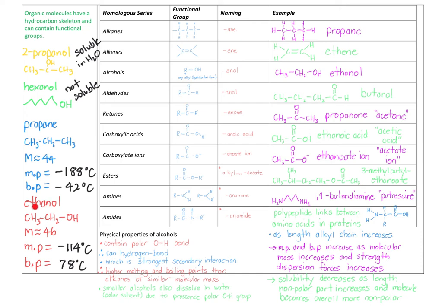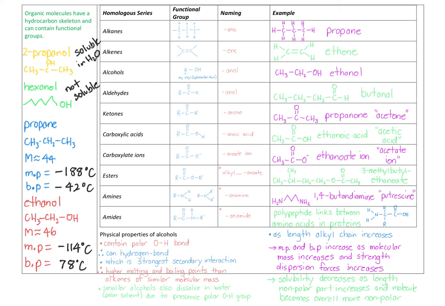I haven't got the data here, but if we compared ethanol with 2 carbons with hexanol with 6 carbons, hexanol will have a much higher melting and boiling point because the dispersion forces between the non-polar part of the chain will be much larger. There'll be basically the same amount of hydrogen bonding, so that will lead to it having a greater melting point and boiling point. However, as you increase this chain length, the solubility will decrease because overall the molecule will become